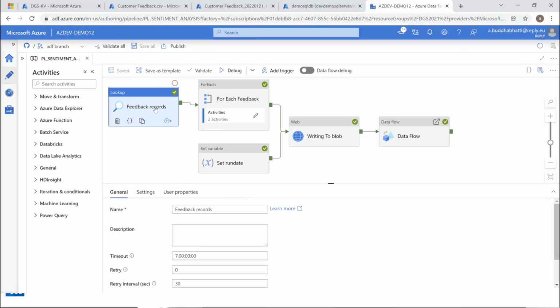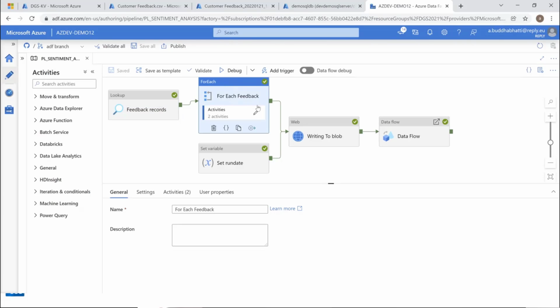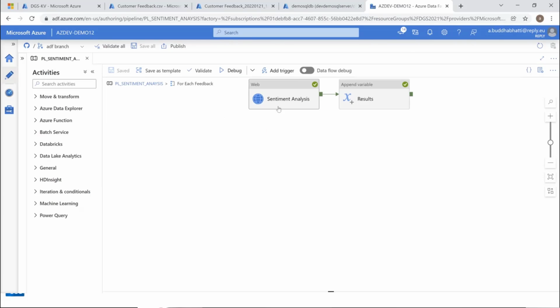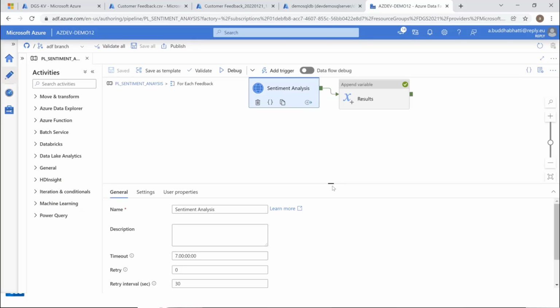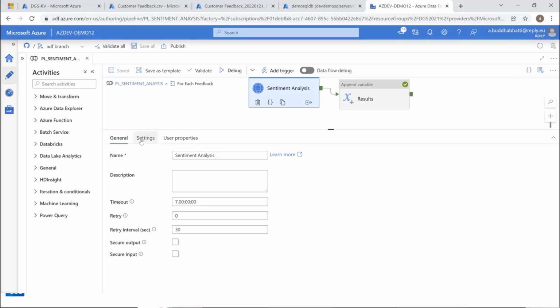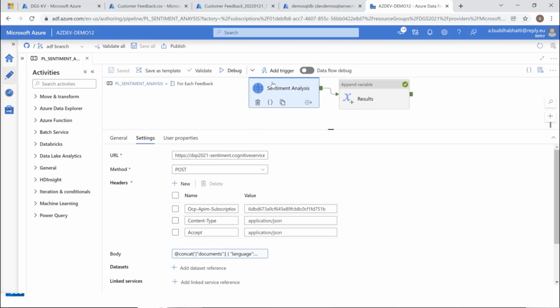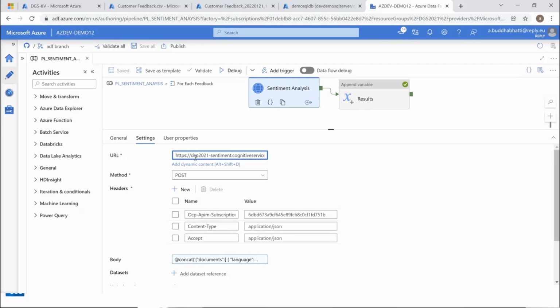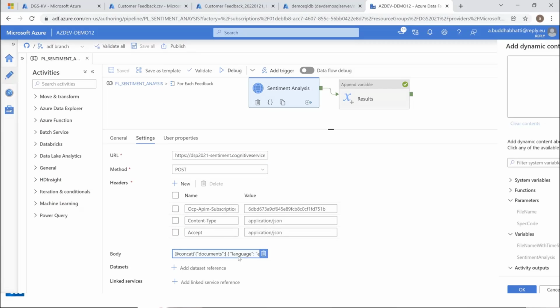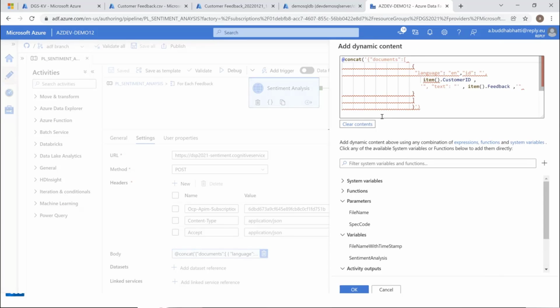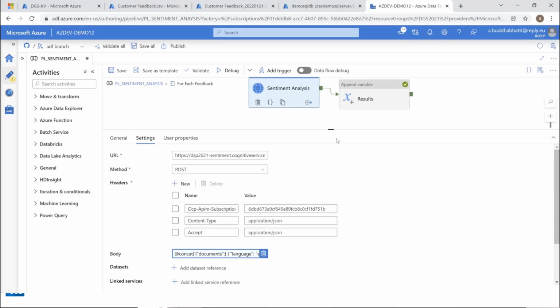So this is my lookup activity, which reads the customer data. It passes to a for each loop, and here you can see that I have used a sentiment analysis, which is very simple, a REST API web activity. This is the endpoint, and this is the information I need to pass here. And this is the message body. That's it. We just need to pass this information here, customer ID and feedback, and it applies the sentiment analysis,